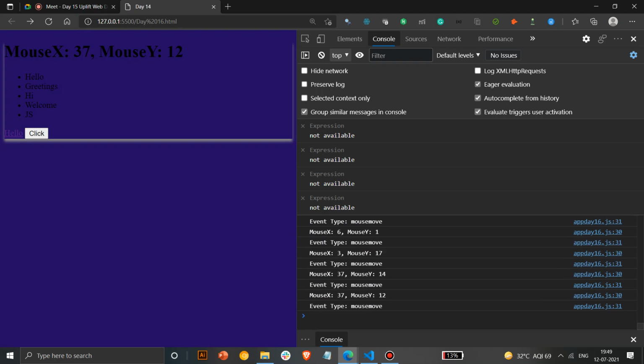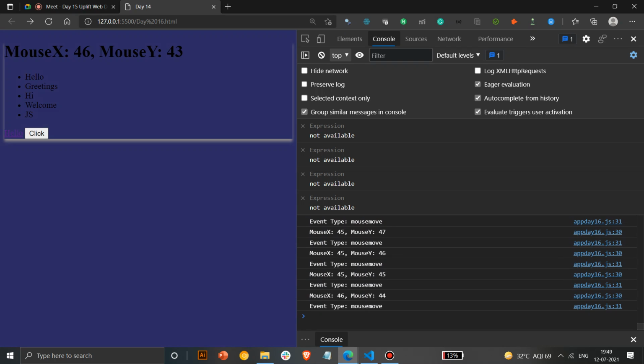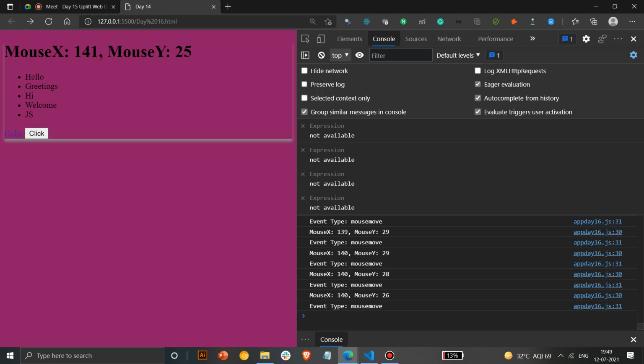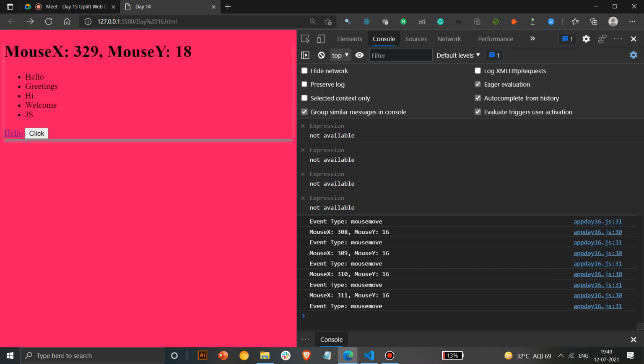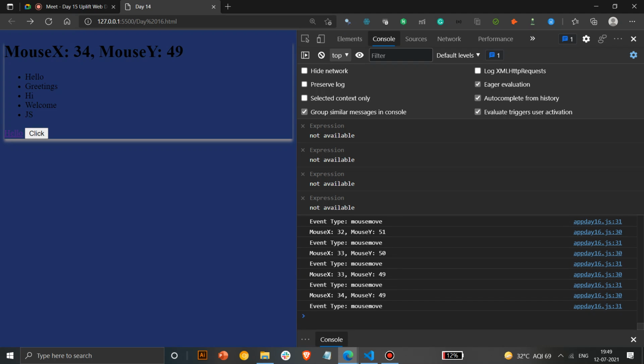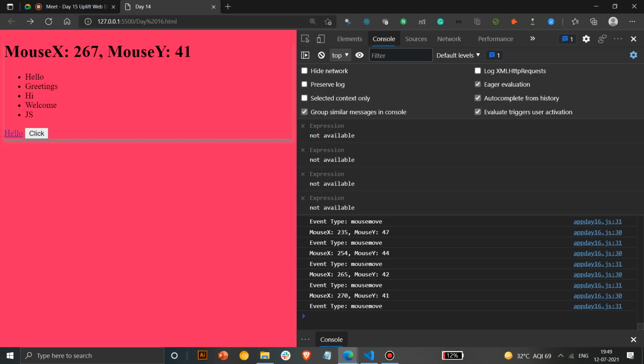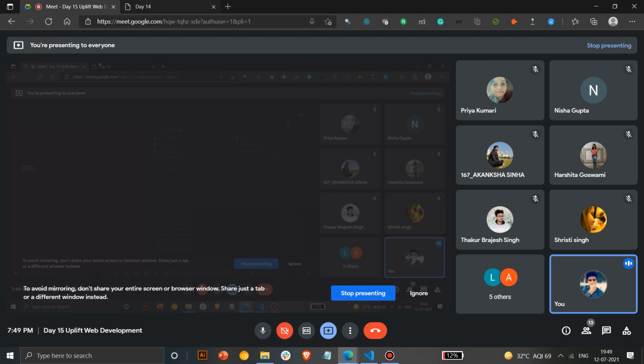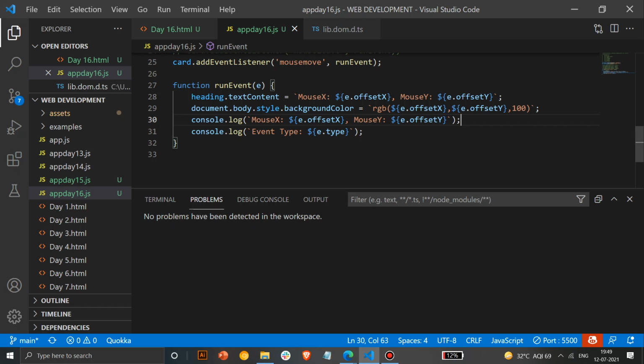As soon as I'm moving it, it will fire two events together, the mouse X and mouse Y events. But I wanted to show it in a more visual way. That's why I've replaced it with X and Y elements of HTML. You love to do HTML CSS, so it's always better to integrate this with HTML CSS. This is a fun project. Do try making this at home. It's a really good fun project, changing different values with mouse X, mouse Y. Any doubts up till now? Do try this. You must have understood the function of mouse X, mouse Y, and event types now.